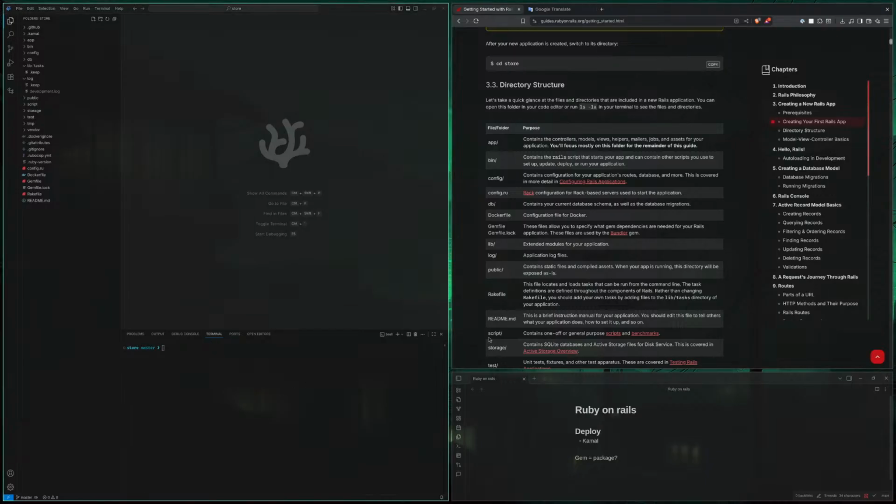It's much easier to see if you change anything. Public contains static files and compiled assets. I thought Ruby on Rails didn't compile anything, but I could be wrong, I guess. Okay, compiled assets. When your app is running, this directory will be exposed as is.